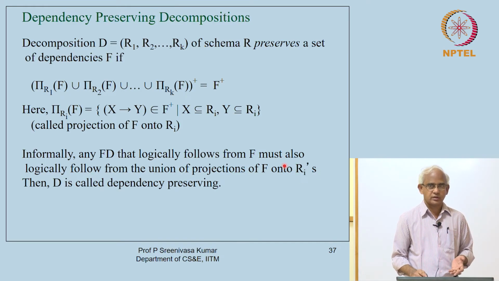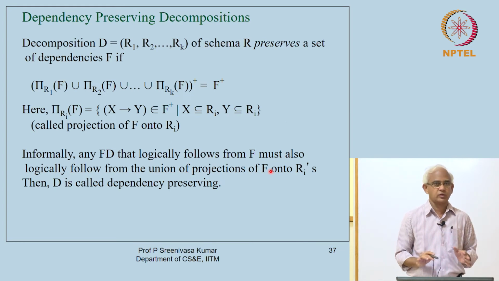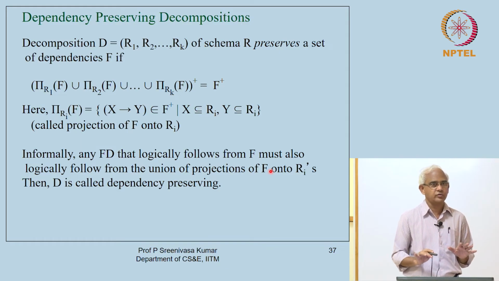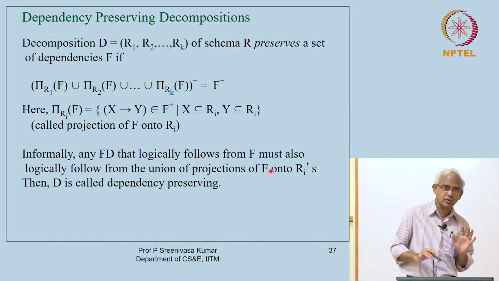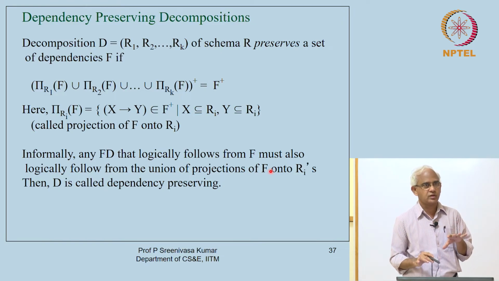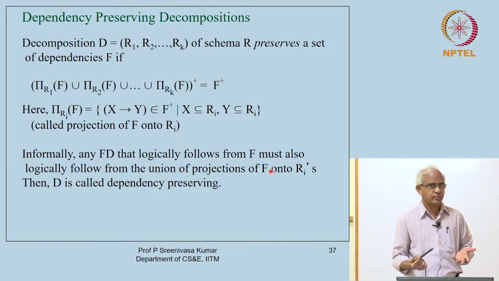We will call such a thing as this is also a fair thing to ask for, right. You have a bunch of dependencies, and the relation instance is supposed to satisfy all those functional dependencies at all points of time, and so the RDBMS is actually held responsible for ensuring that that happens. And so, if now you take a particular relation and then split it into two relations, then the RDBMS should have a way of enforcing that.